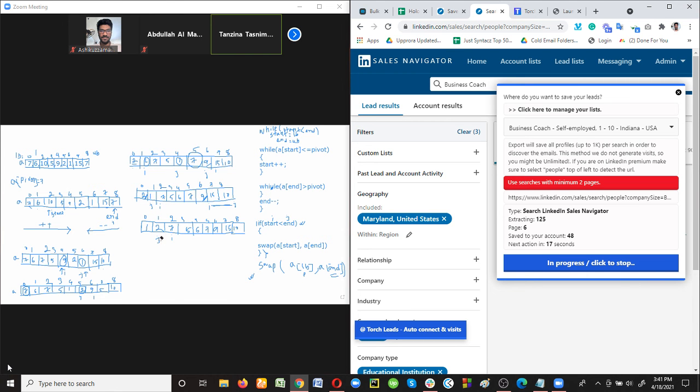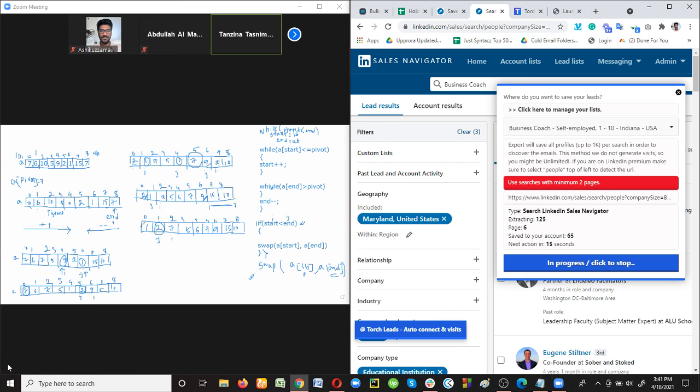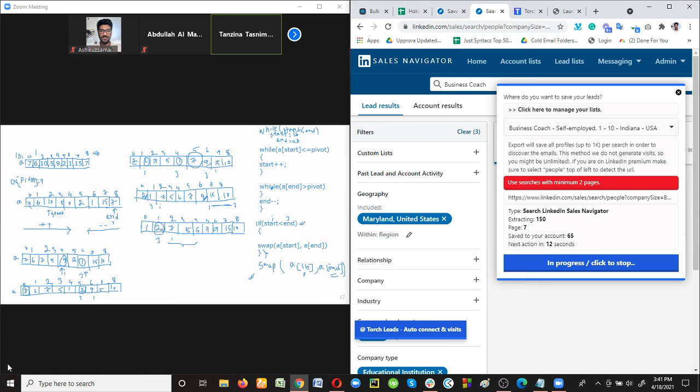This 2 was our pivot element, and now its position is 1. On the left side, all the elements are less than 2. There is only one element, that is 1, and it's less than 2. On the right side, 7, 5, and 6. These 3 elements are greater than 2. That means position 1 is the right position for 2.